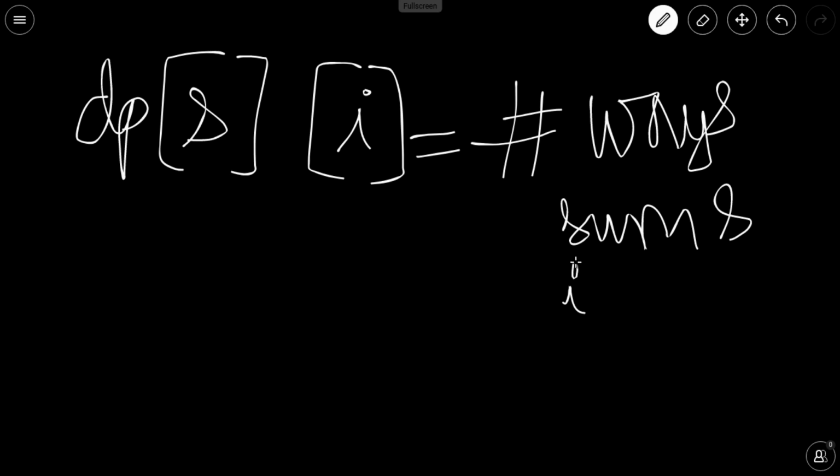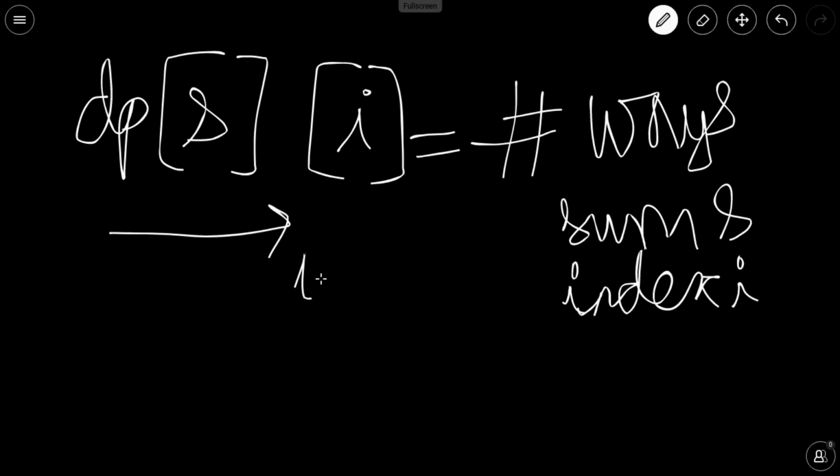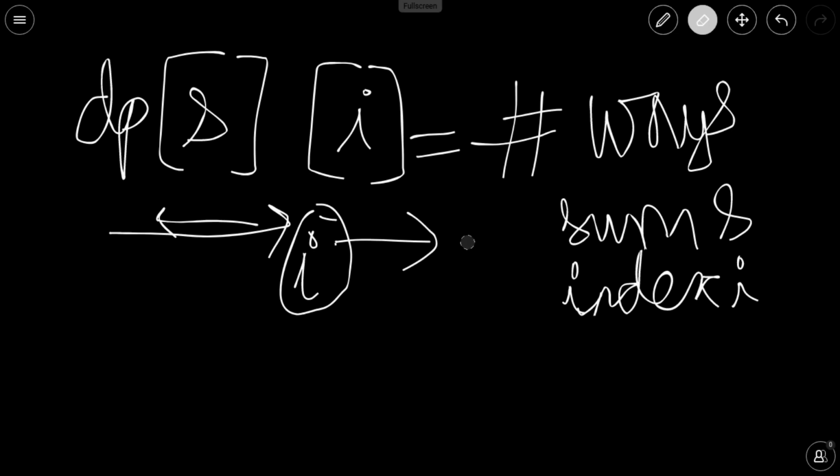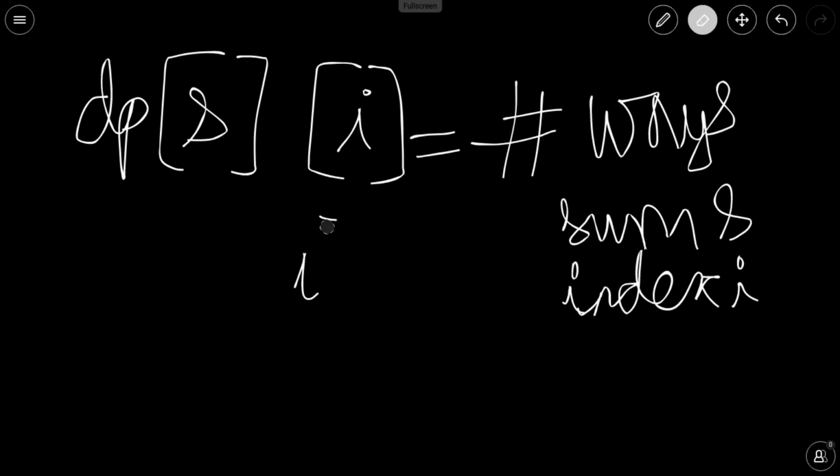If you are moving from left to right, then I is the current index which you can use, and you can also use any other coin which is to the right of that, but you cannot go in the reverse direction. I hope you understood my point, because if you are moving from left to right, suppose now you have reached the ith index, now you cannot use any element to the left of it. You can use this ith element, you can also use elements to the right of it, but you cannot use the previous ones. In this way you will be maintaining a particular order, and it will give you all the combinations instead of the permutations.